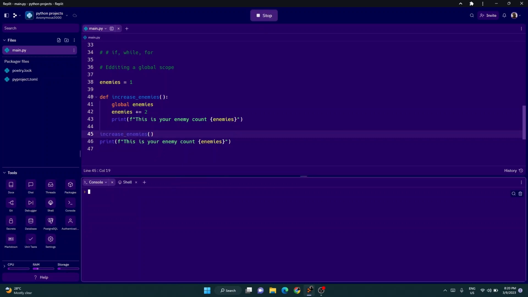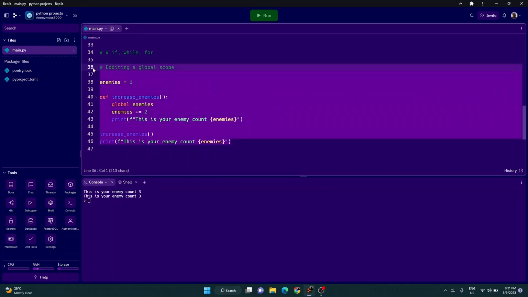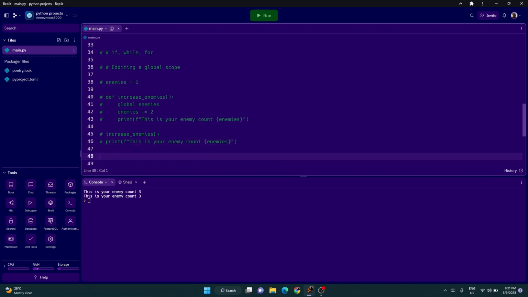Okay, so now let me run it. And as you can see, in both print statements, it has properly edited the global variable. So let's comment this all out and see the next topic,